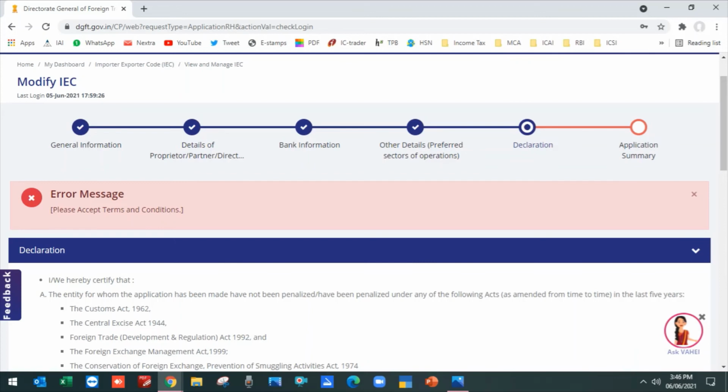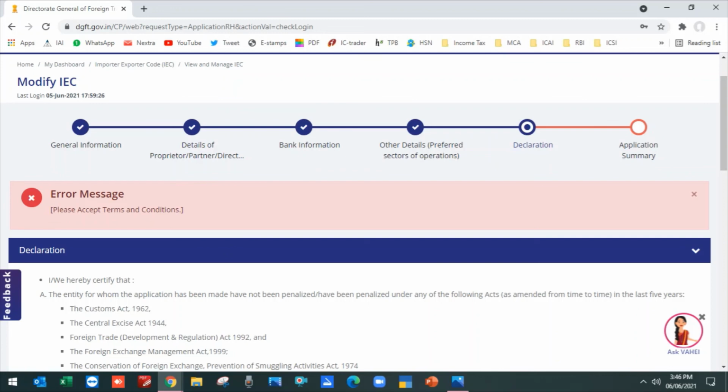First of all, it will ask for two options, e-Aadhaar sign and DSC sign. In e-Aadhaar, you just click on it and it will bring you to the UIDAI site, where you have to mention the Aadhaar number of your director, and then it will send an OTP to the mobile number registered with the Aadhaar. You just fill it in, and after completing this process, it will ask you to press the submit button. Before going to the UIDAI site, it will ask a few questions: the PAN number of the director, name of the director as per the PAN, and date of birth. After that, it will bring you to the UIDAI site. So this is the complete process.